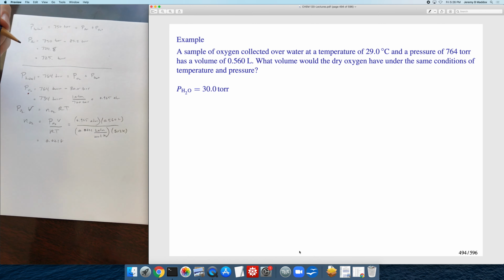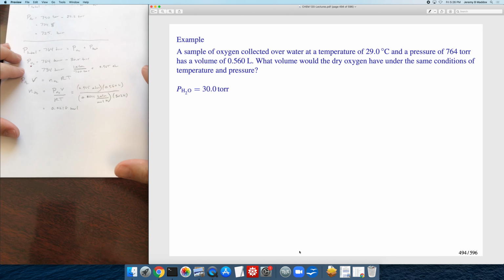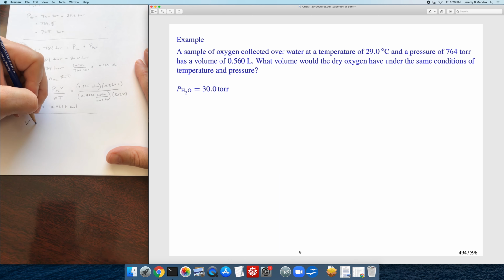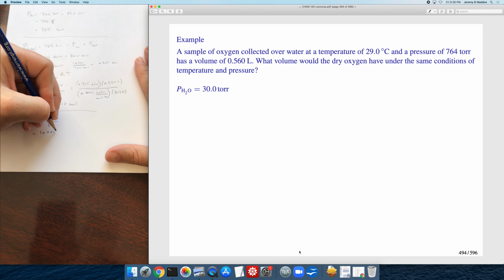0.0218 moles is what we get from that. So now we know the number of moles. And so next we want to do another ideal gas calculation where we find the volume of gas if the temperature and pressure were the same. So this time we're going to find the volume, nRT over P, using this number of moles of gas, 0.0218 moles,